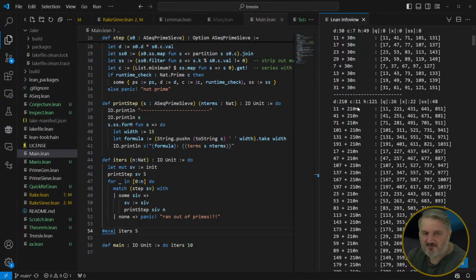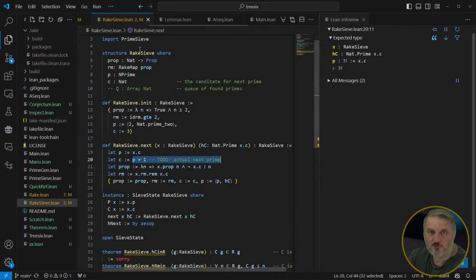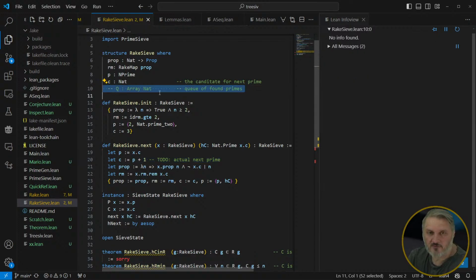The idea is to introduce this notion of a queue, right? This queue right here, which I would call Q, of course. And it would contain, but it probably wouldn't be just an array of gnats, but maybe an array of rakes, right? Array of rake map or something. And